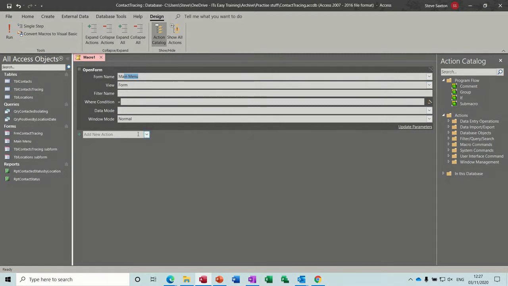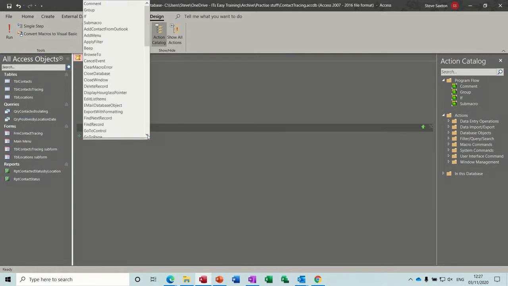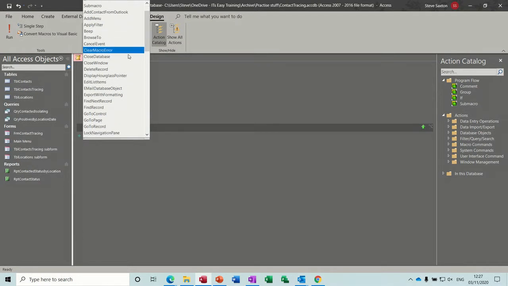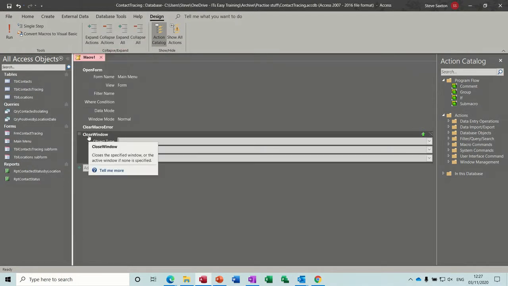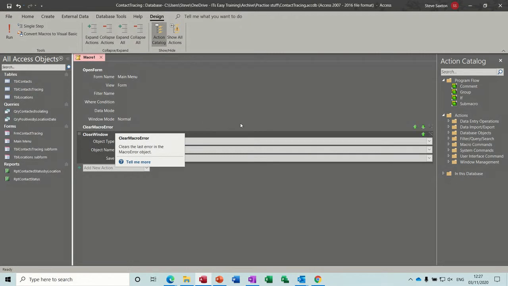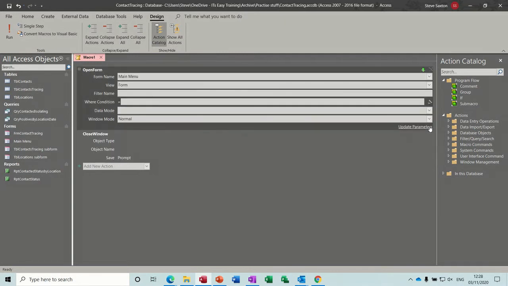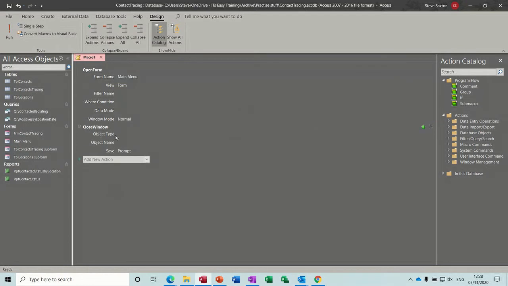And then I need to close window. Close window. So now you see there, it's got a, because I actually dropped that arrow down and I didn't select that, but because I pointed at it, it's put it in there. So I'm just going to delete that off. You have to just watch out for that, because that catches me out a few times, that you just have the steps that you expect when you do this. So close window